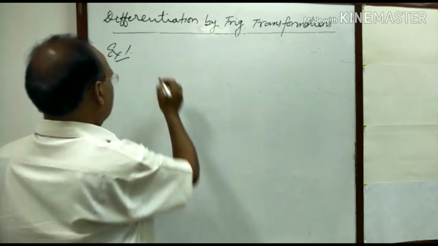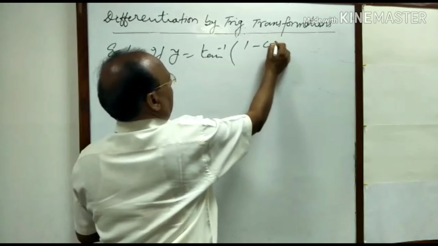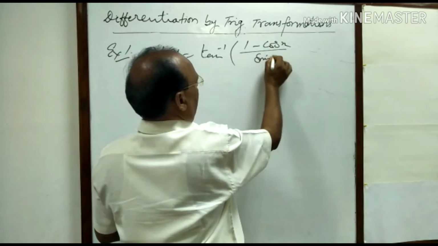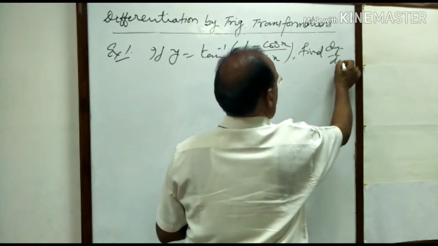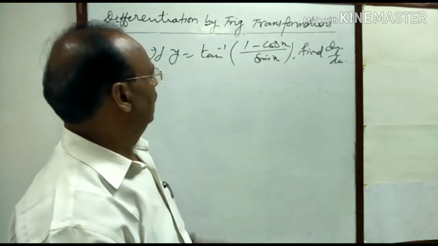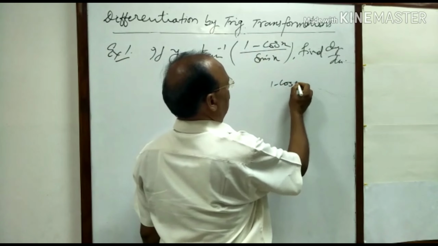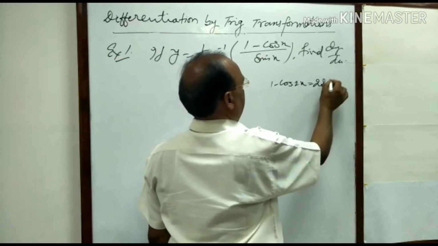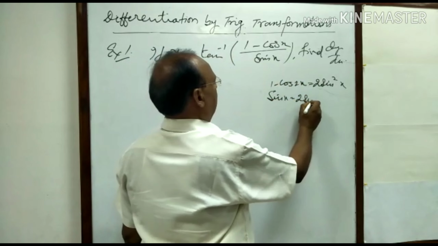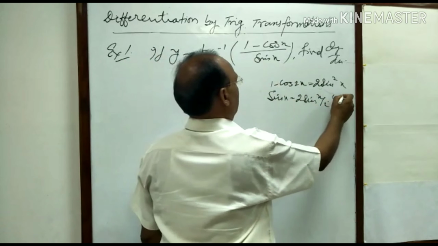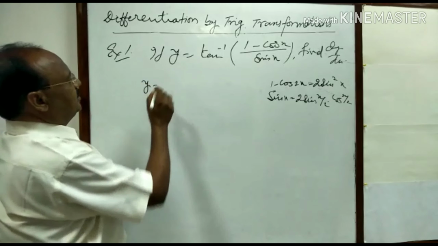First question. If y is equal to tan inverse of (1 minus cos x) upon sin x, then find derivative of y with respect to x. Here for numerator 1 minus cos x, we will use the formula 1 minus cos 2x is equal to 2 sin square x, and for denominator sin x we can use formula 2 sin x by 2 into cos x by 2. So we can write here y is equal to